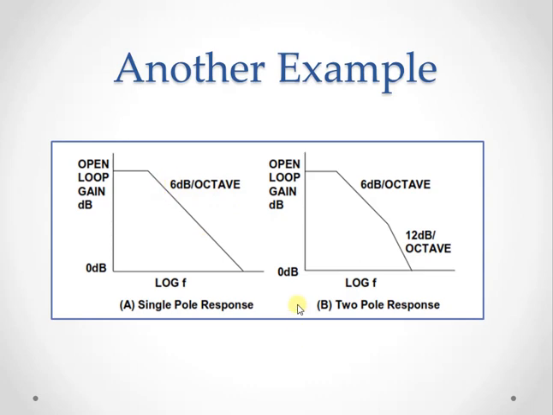But when you go to higher frequencies, the same open loop gain can have multiple poles, and you can observe that there is a roll off rate of 6 dB as well as 12 dB per octave. So one roll off will result in one pole, whereas another breakover point will result in another pole. So you can see two poles in one single graph. Similar types of graphs we will observe when we look at the frequency response of the CS amplifiers. So in that tutorial you can clearly see a three pole response being used.